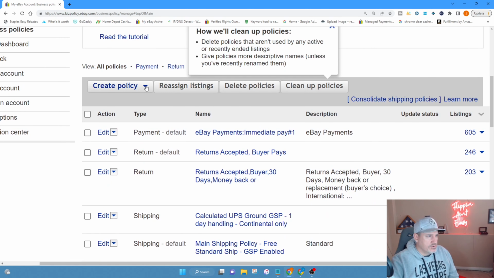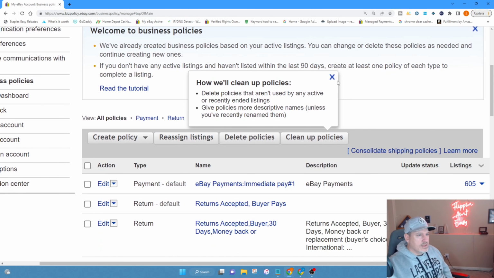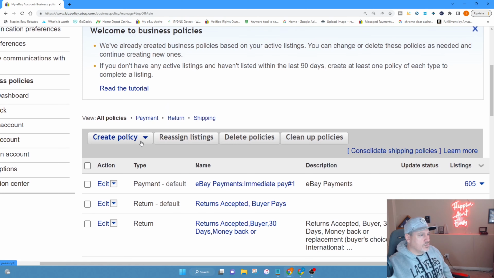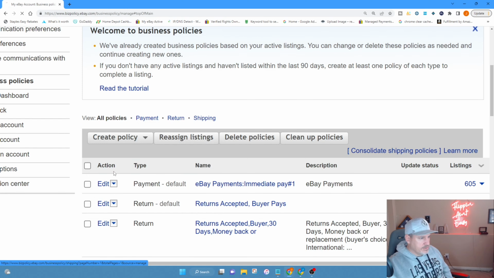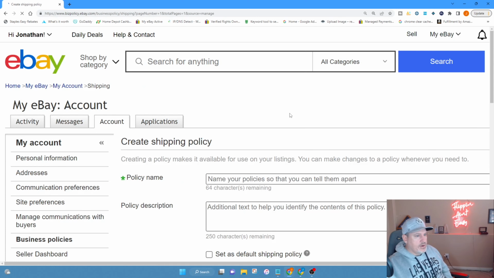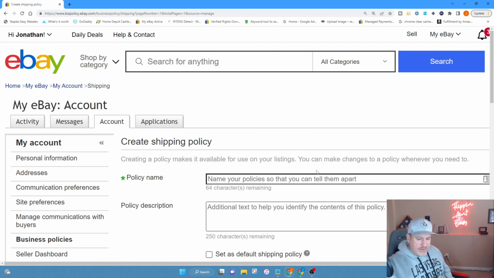So I just wanted to show you how to create a policy for those of you who have not created a policy. Same location, you're going to go where it says create a policy. Now in my case, I just want to create another shipping policy. I want to create a policy because I sell a lot of shoes, and for the most part they're 2 to 3 pounds, sometimes 4 pounds, and they are in the 15 by 8 by 6 USPS mailing box that